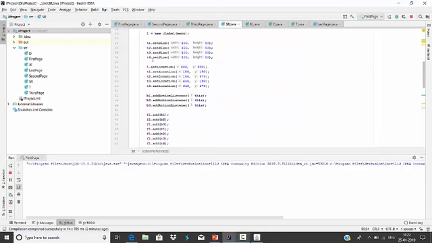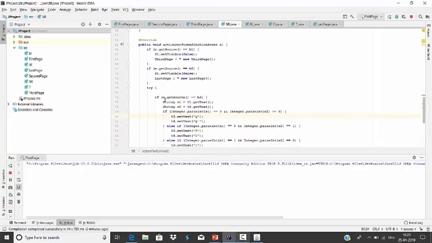This is the location for the text field, and this is the code for giving the size to the text field. And this is the code for clicking the button. If you click the button, then it will go to the next frame.